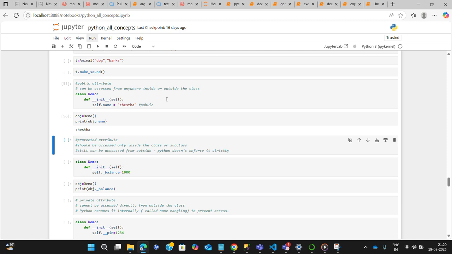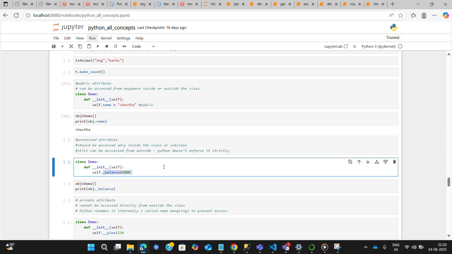But what if we want to secure our instance variable? Then we can do that by writing an underscore. A protected attribute should be accessed only inside the class or subclass, whereas a public attribute can be accessed from anywhere.